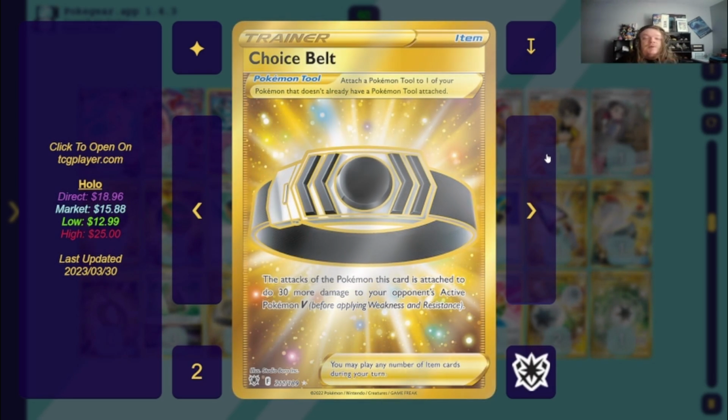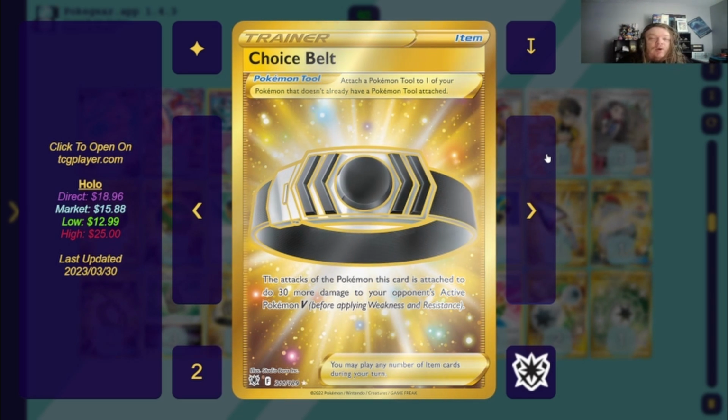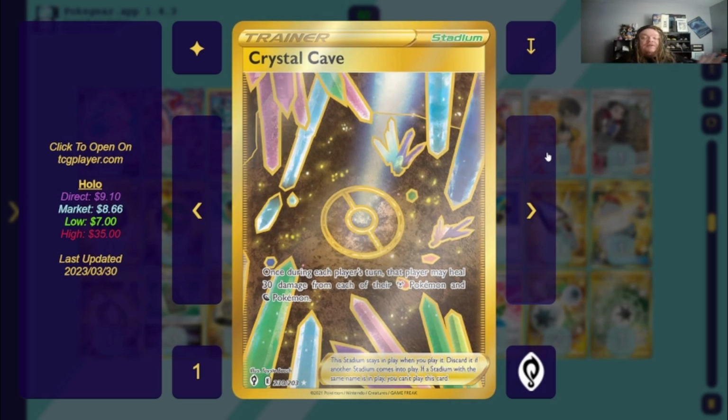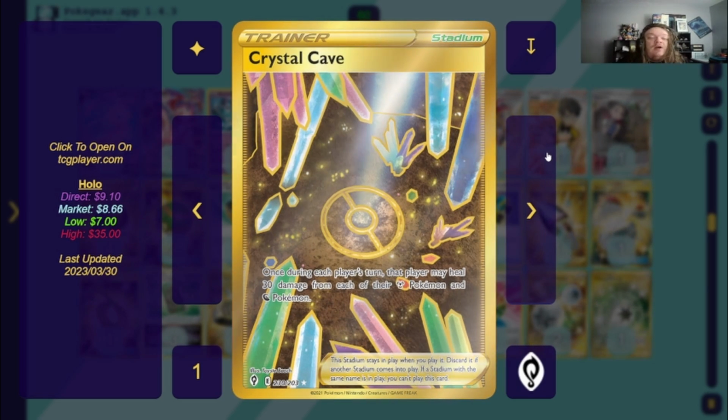And then we got 2 Switch Cart. These are still very relevant in the meta, despite skinny EXs, Lugia, other Mews, Regieleki, and anything else that will give Arceus. So many of these will still get played, so you still need the 2 Choice Belts to help you hit that math. Then we got the stadium choice, which could be 3 different stadiums, which is very early